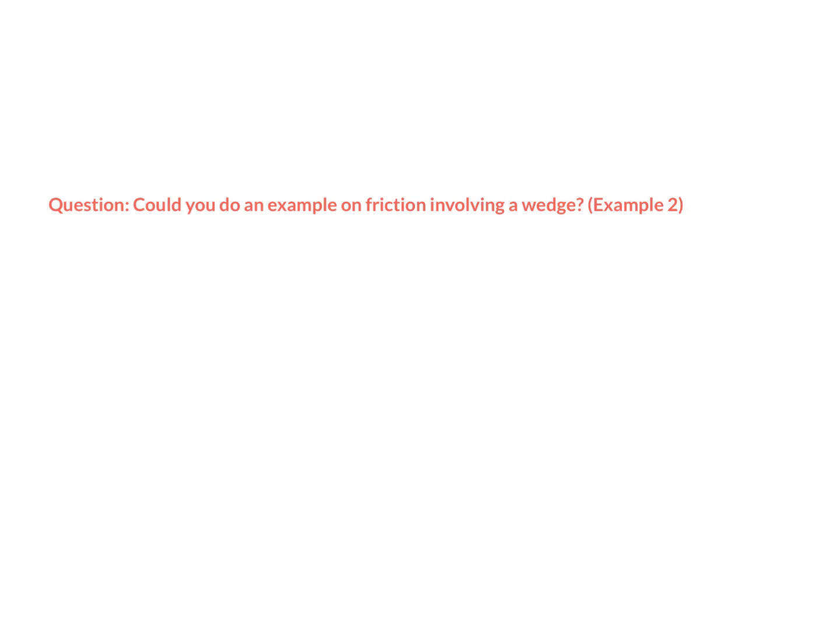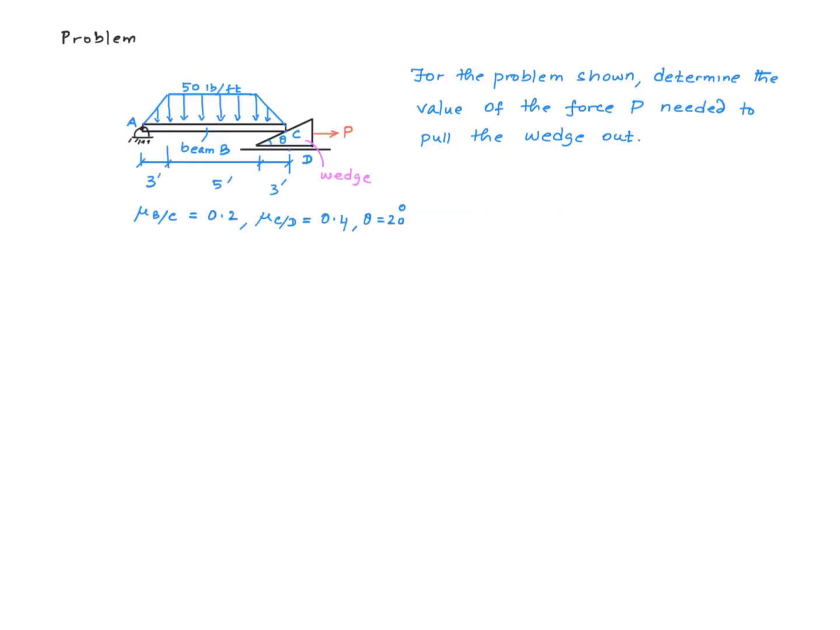The question that I have is, could you do an example on friction involving a wedge? This is the problem that I have selected here. We have a beam, horizontal beam AC, that is supported on a pin at point A and on a wedge